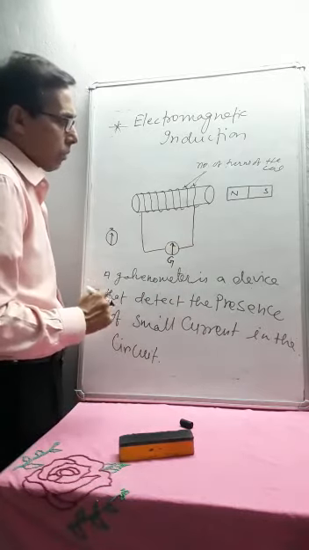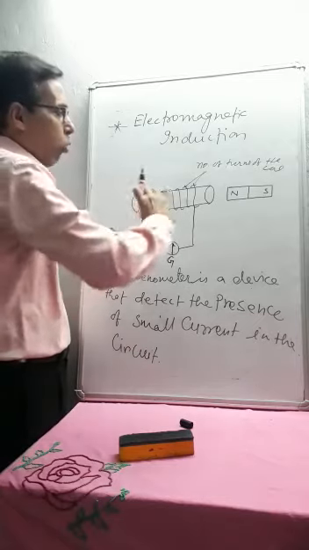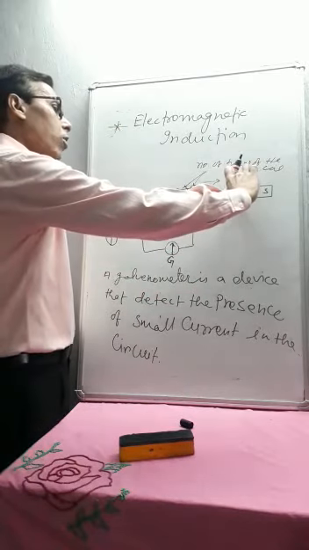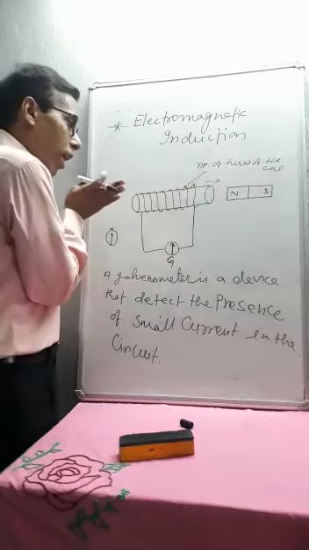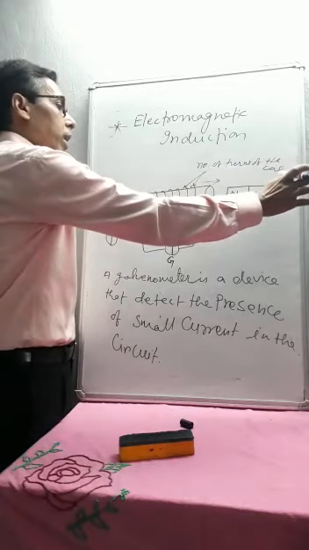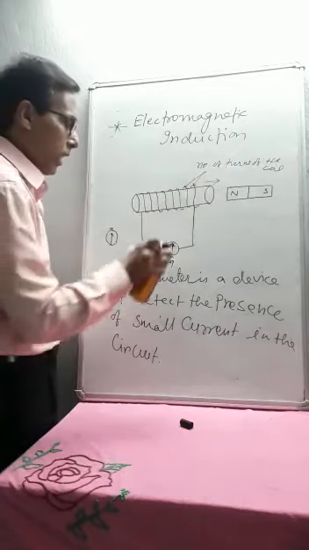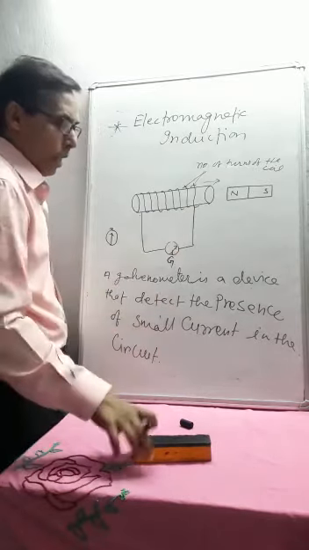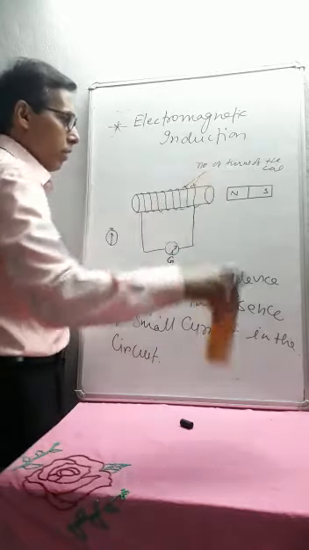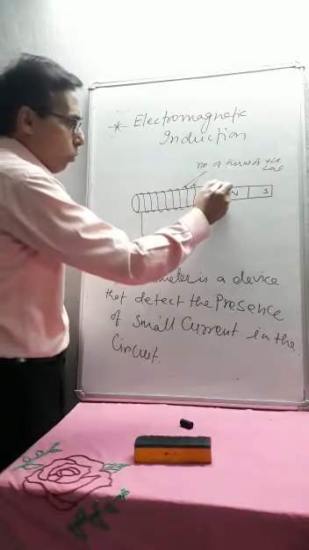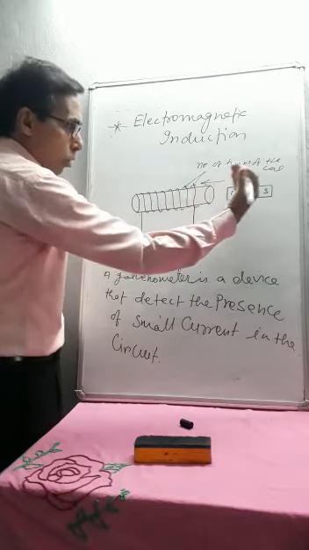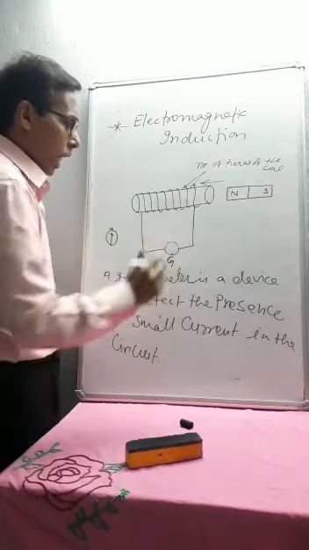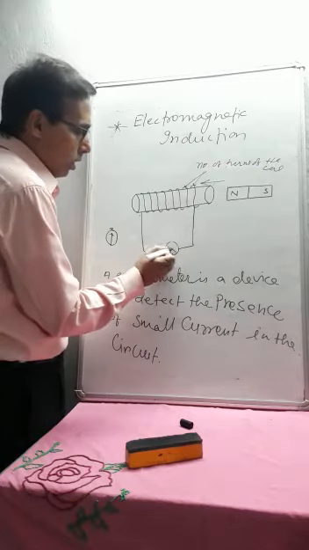Now the fourth case, if we move the coil towards the north pole, the bar magnet is stationary. Now the coil is moved towards the north pole of the bar magnet. Then again we observe a deflection produced in the galvanometer towards the right side. In the fifth case, when this coil is moved away from the north pole of the bar magnet, we again observe the deflection in the galvanometer produced towards the left side.